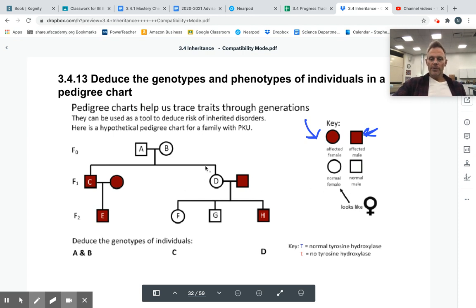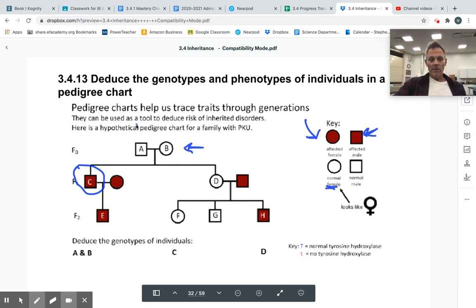A couple rules. So one big rule is that if you see two parents that are normal, that are unaffected, right? We have a normal female and a normal male up here. If they have a baby, this person number C, that is affected, that means the disease is recessive. Recessive disease is when two healthy parents have a sick child. And that's because this must have been a